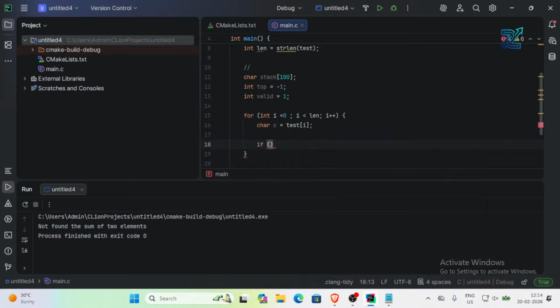So if my current character is open parenthesis, or my current character is curly braces, or my current character is open square brackets, if any of them is there, I want to push it to the stack. So for that, I'll first increment the size by 1 and initialize the value, then the stack value will become 0. So in the stack 0, I'll put the value as c. So after putting it,